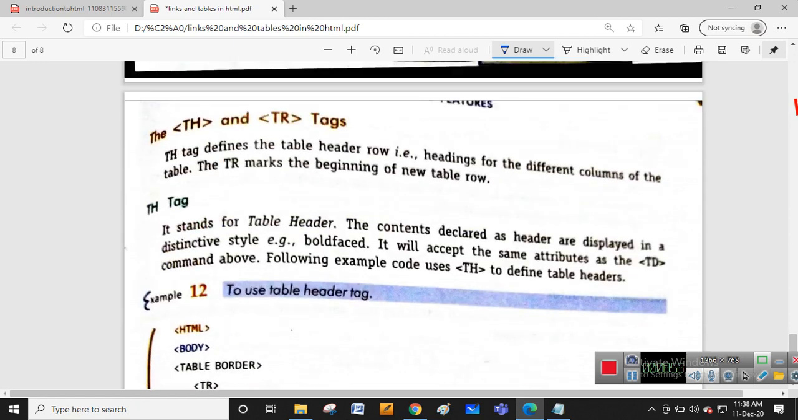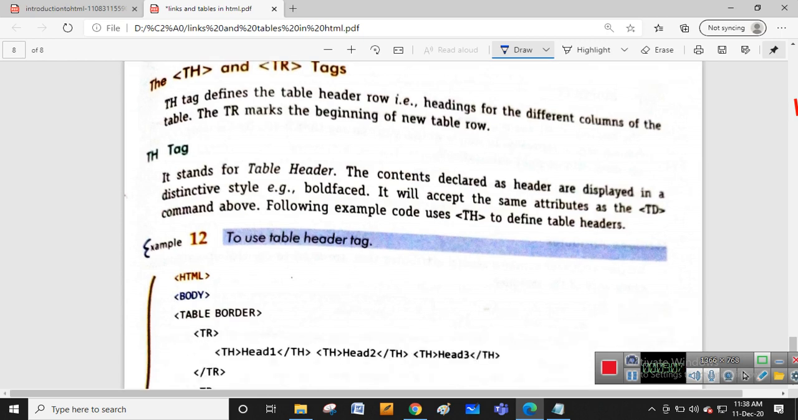Then the next tag is th and tr, which I discussed, that is th is for the table header. So if you want to make the first row as a heading part, then you get to use the tag called th, and tr stands for table row, so th stands for table header. This contents are declared as a header part and displayed in the distinctive style. The bold face will be the same attributes of this, मतलब td जैसा है, but लेकिन क्या है, so starting of